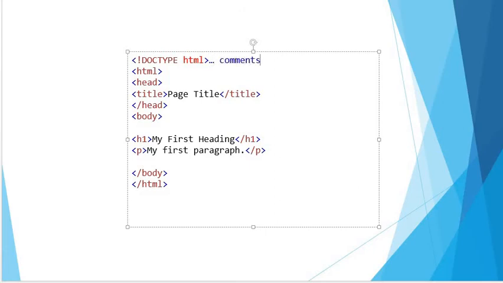It is used for comments when your code is viewed by other users, you can mention some comments regarding it. When you write thousands of lines of code and you want to specify what you are doing over there, comments will help you out. And we have the HTML tag over here, and if it is a starting tag, you have to end with the HTML closing tag.